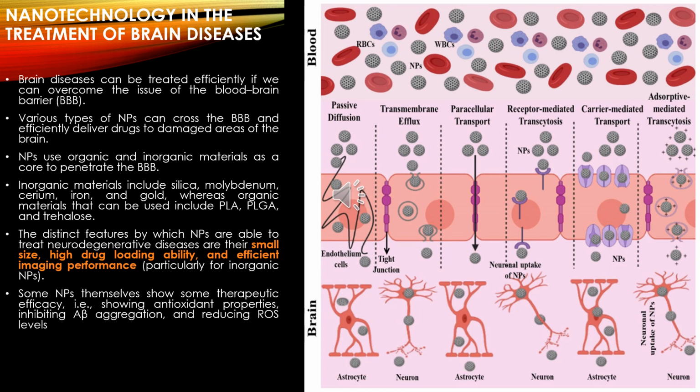In receptor, carrier mediated and adsorptive mediated transcytosis, for the penetration of nanoparticles across the blood-brain barrier, various ligands are involved, such as the ligands that can absorb protein from the bloodstream. So this is like adsorptive mediated transcytosis. They will absorb some protein from the bloodstream. And the second one is the ligands that can directly interact with the blood-brain barrier transporters or receptors.